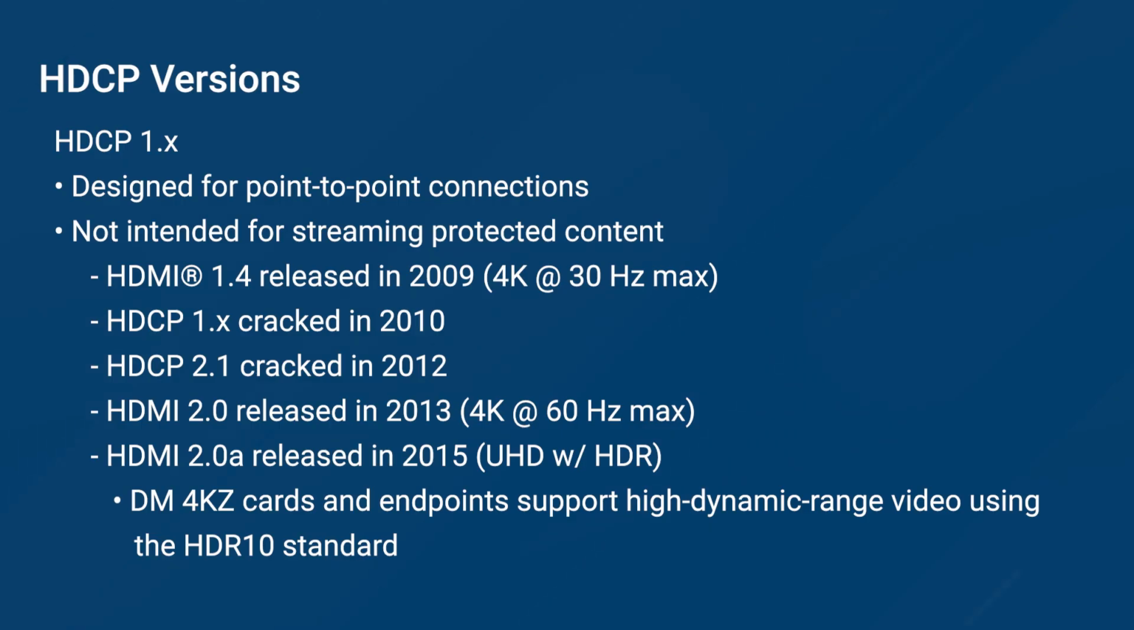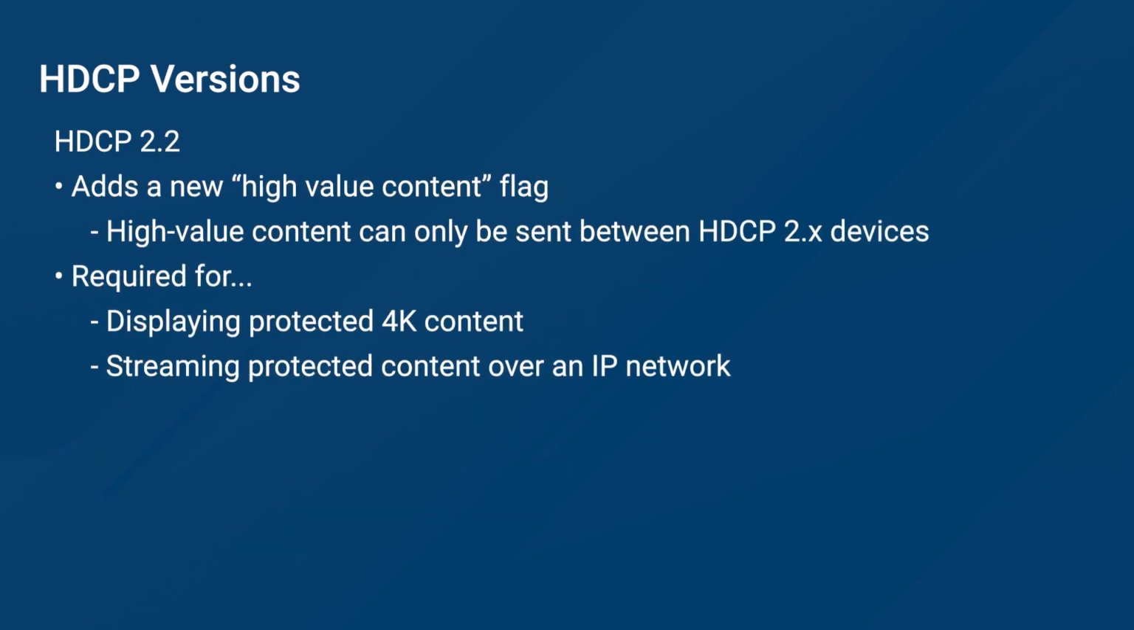There are two main versions of HDCP used today. HDCP 1.4 is usually used with 1080p devices. HDCP 2.2 is usually used with 4K 60 devices. HDCP 2.2 added something called a high-value content flag. Essentially, 4K content was high-value content, and therefore, the receiving device must have the HDCP 2.2 chipset installed in order